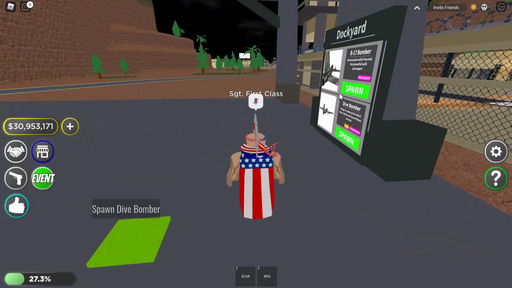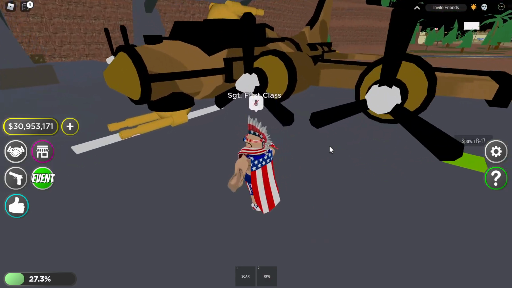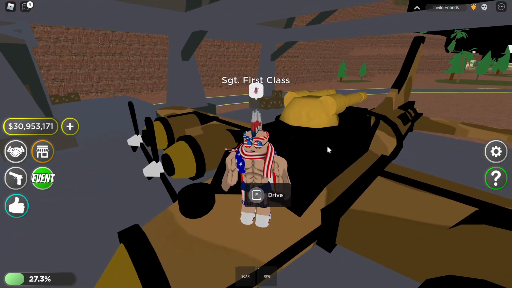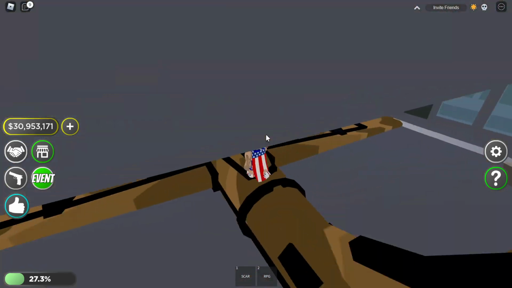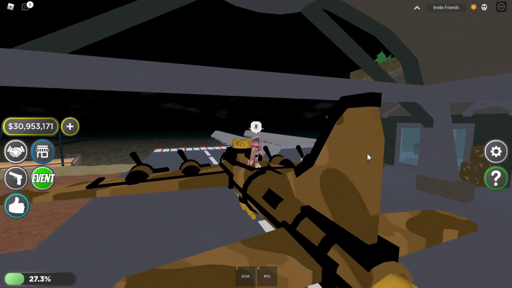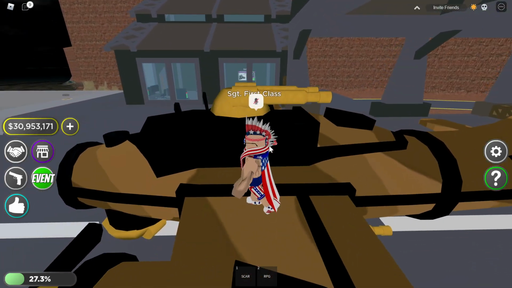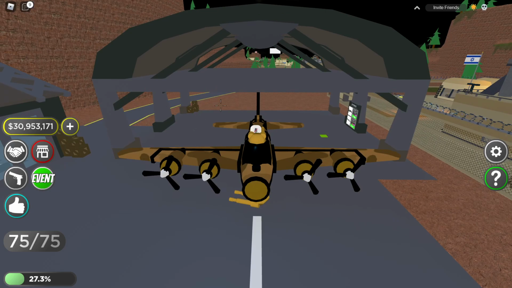Now the B-17. The reason why I have the B-17 over the dive bomber is if you could just get even one person to use the bottom turret or the top one. The back one is trash. I would not get in at all. Let me show you why real quick. See, the back turret has no...